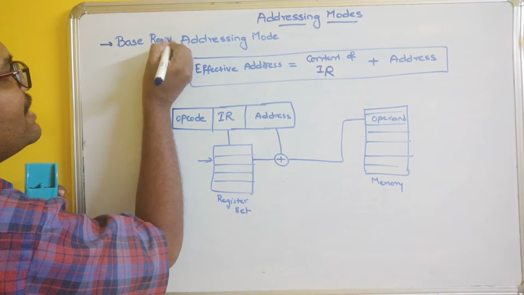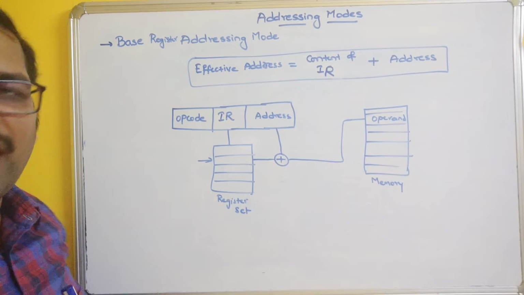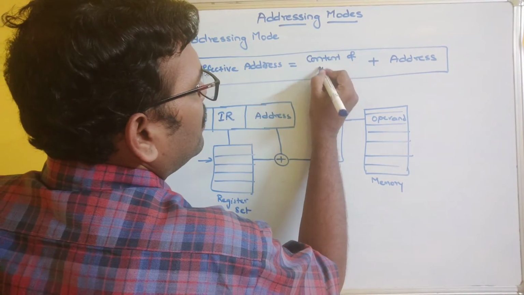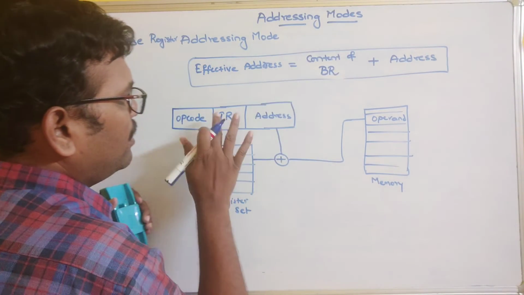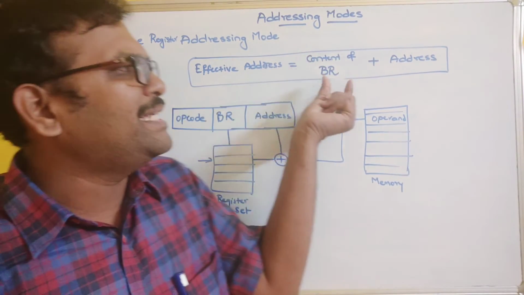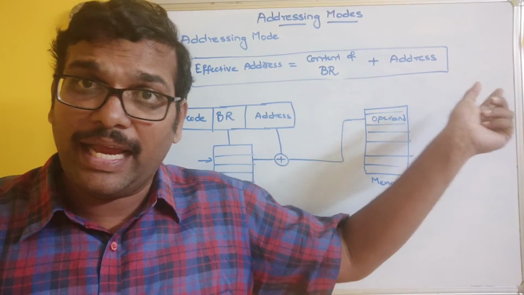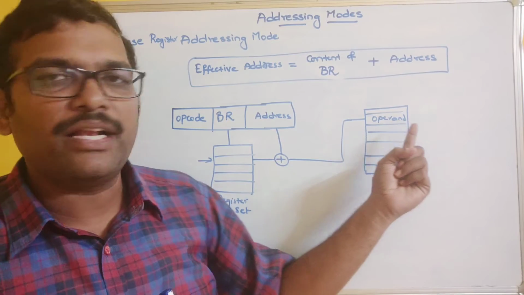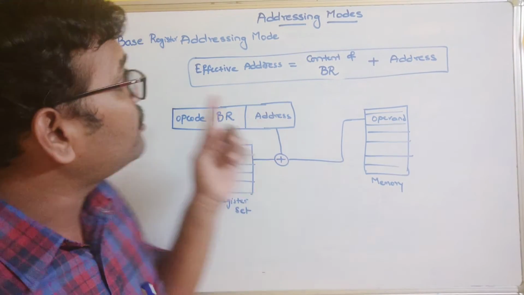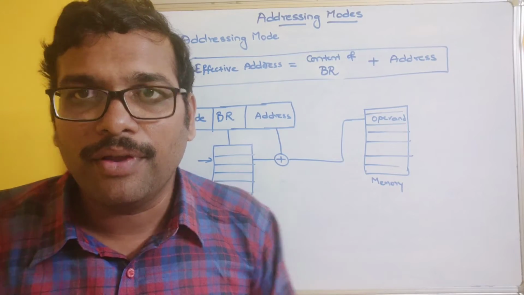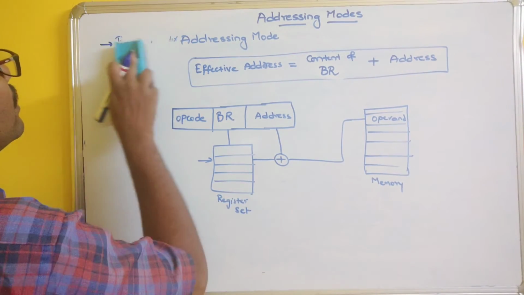Okay, so the next one is base register addressing mode. So this is also simple. Instead of IR, we will be having the BR, base register. So here also we will be having the base register. So the content of base register will be added with the address of instruction, which gives the effective address of the operand. So that is called a base register addressing mode. Okay, and the next one,